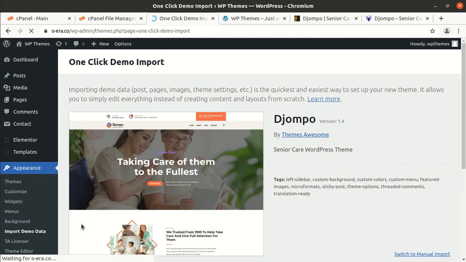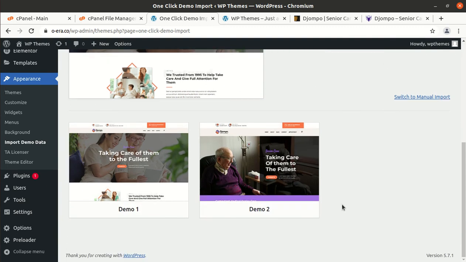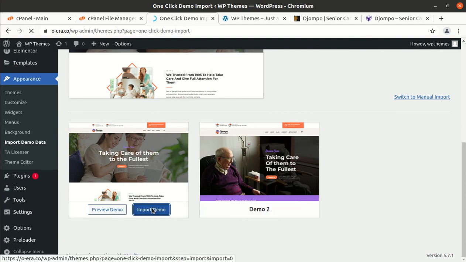Under the appearance tab, you can go to the import demo data, and the import demo data option is here, and you have both the options available for import demo 1 and demo 2. You can choose any as per your choice and requirement. I am choosing the first one and click the import demo.